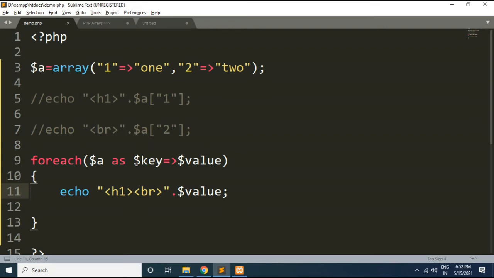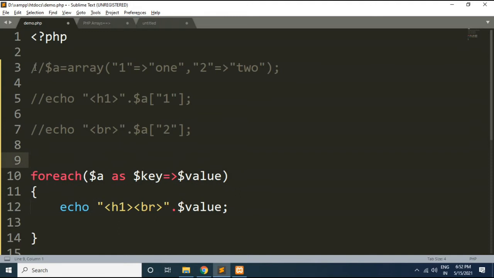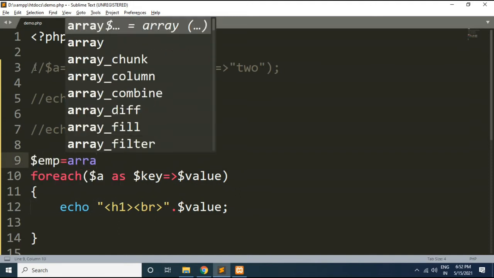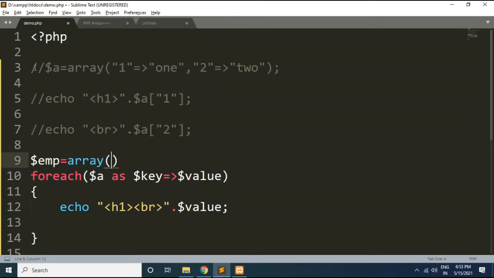One more example I will try to create here. I will comment this array and create one new array here. $employee is equal to array. Here I will write employee name and associated salary value.